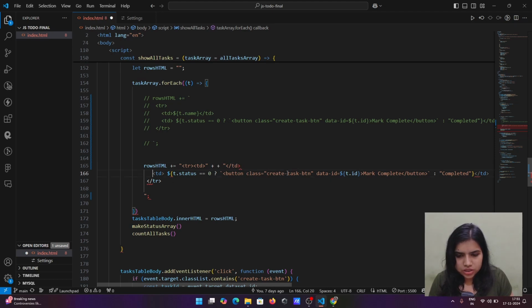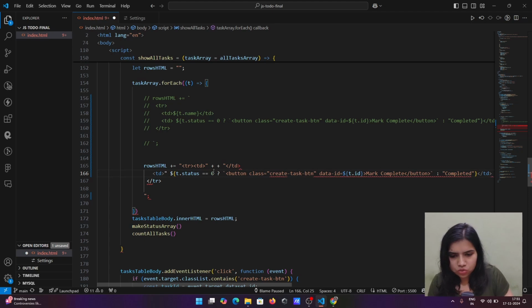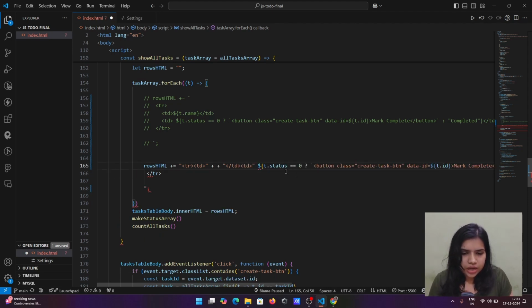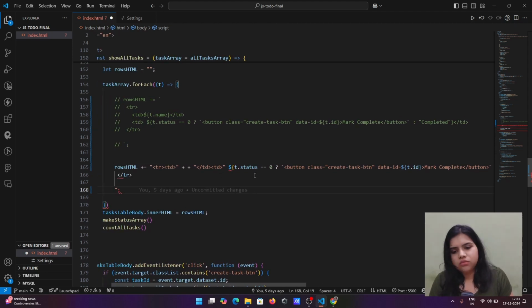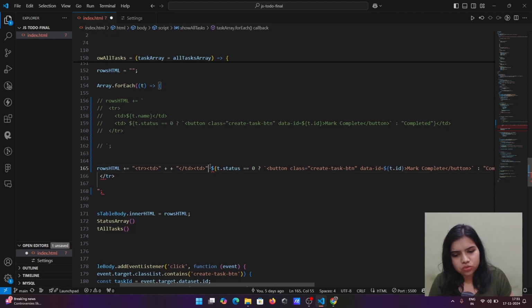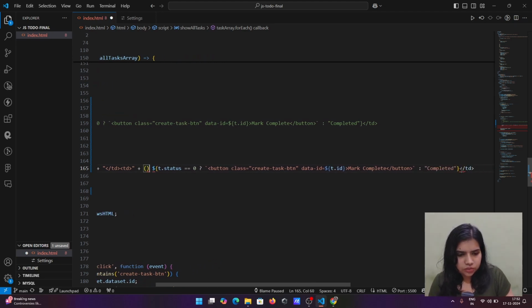So here it's td, so td will also be the same. We will use double quotes, and we will change its position. Now for this logic, because this was a conditional thing, and because plus comes before the logic, we need to wrap it. We will again add a plus here, and we will wrap it inside a bracket,